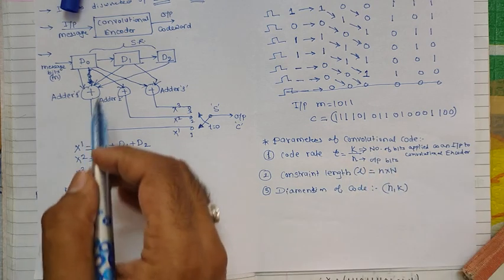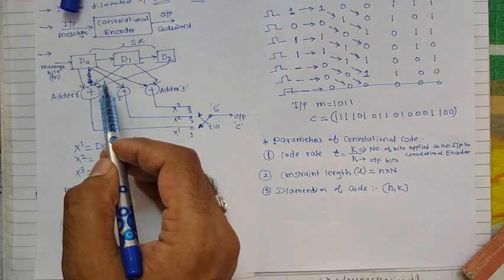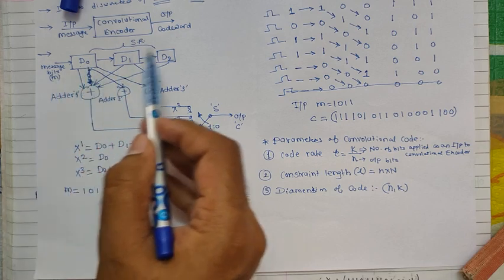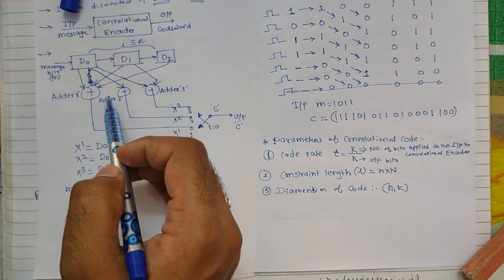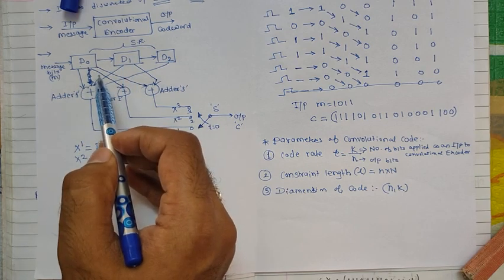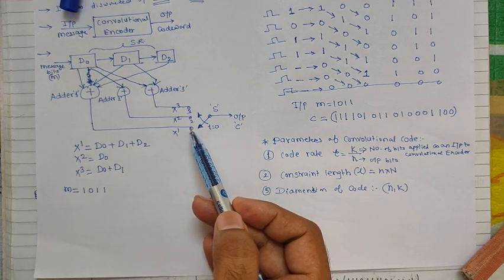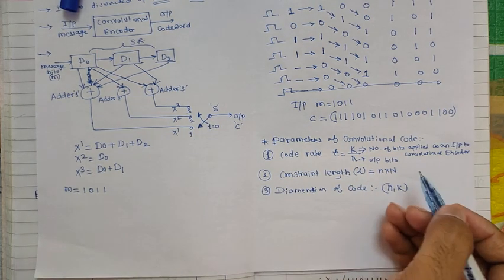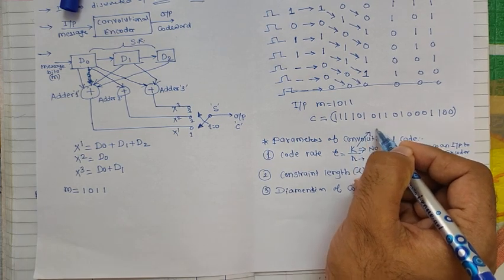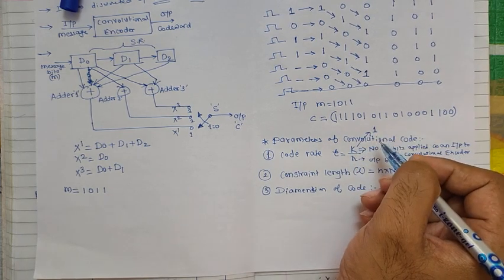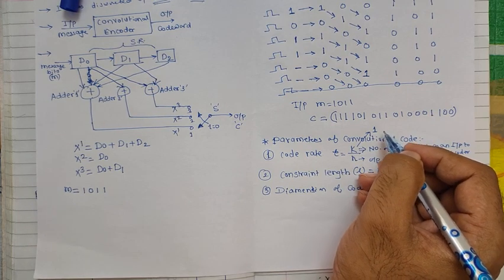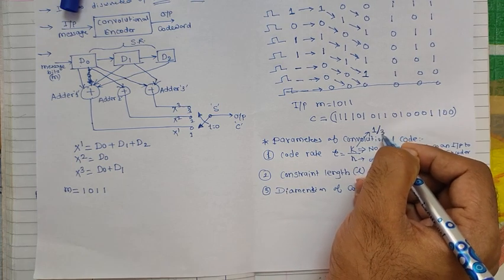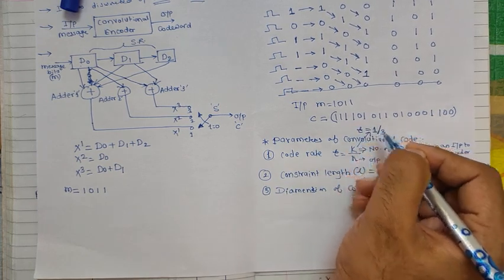So for example, suppose this is what our convolutional encoder is. Now in the previous lecture we have seen that we are applying one bit to this convolutional encoder at a time, and for that corresponding one bit we are getting 3 bits in the output sequence. So what is the value of k and what is the value of n? The value of k is 1, since we are applying 1 bit as an input to the convolutional encoder, and for that corresponding 1 bit, how many bits are we getting in the output? 3. So the value of r is equal to 1 by 3.